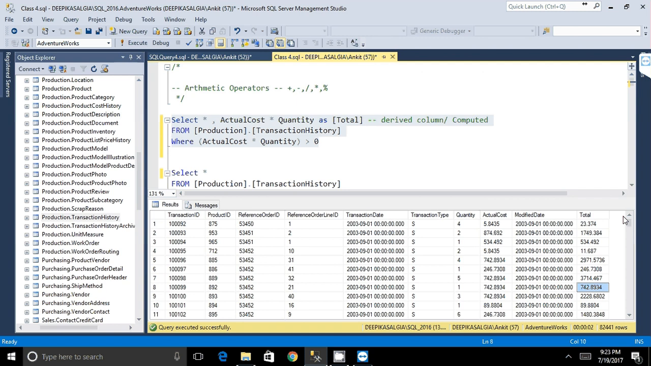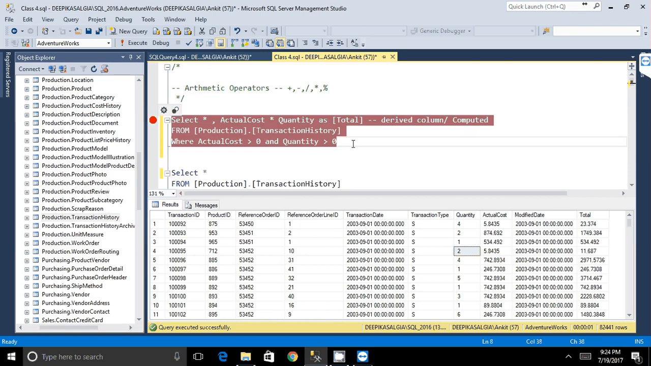Can anyone think of anything else? Any other idea? There could be different ways. This is correct, but you can also say where actual cost is greater than 0. That would not be a complete solution. Can I do actual cost greater than 0? Yes, but how about if the quantity is 0 on the transaction? So you have to say actual cost has to be greater than 0 and quantity has to be greater than 0. Okay, so when you do this, then you will get the correct answer